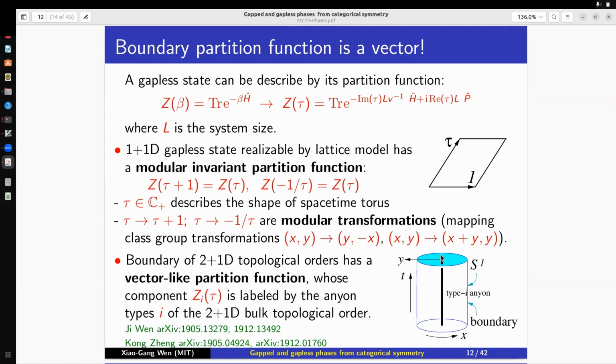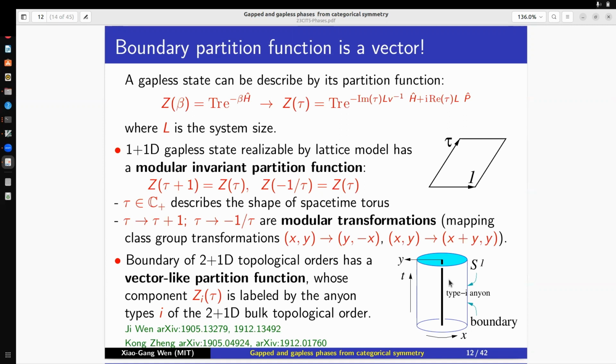So that is how things get related. Therefore, we can think about this symmetry: on the boundary we may have a gapless system, a gapless state, and this gapless state will be a gapless state for the system with this symmetry described by this topological order. Okay,